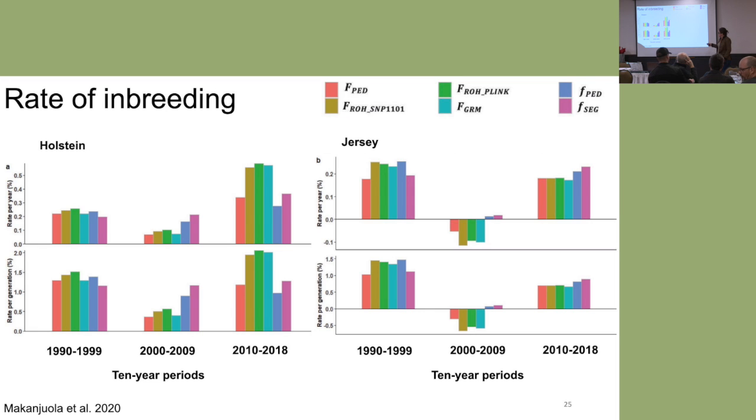Okay, so this is Holstein. You're like, oh, Jersey's gonna be way better, right? Yeah. Okay, so Jersey was way better. And is way better because it's not quite as fast. It's not quite as nasty. And you guys even achieved, between 2000 and 2009, even got below 0. So that means that you were actually increasing diversity for a little while, just a little bit. But now, your pedigree inbreeding and your genomic inbreeding look pretty much the same.